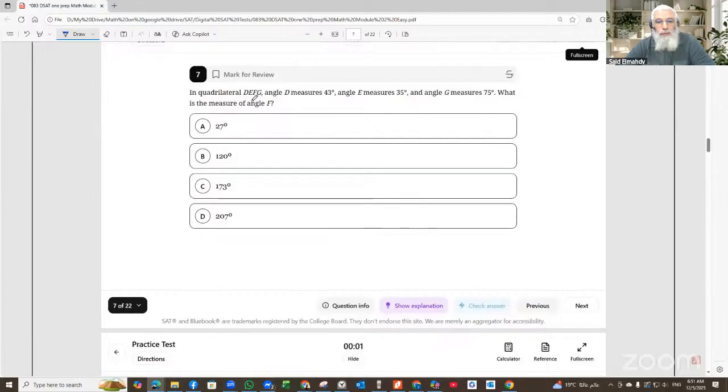A quadrilateral DEFG, angle D measures 43, angle E measures 35, angle G measures 75. What's the measure of angle F? In a quadrilateral, the sum of the 4 angles is 360, equals 43 plus 35 plus 75 plus angle F. So this is 3 plus 5 plus 5, 13, carry 1. This is 11, 15, plus F equals